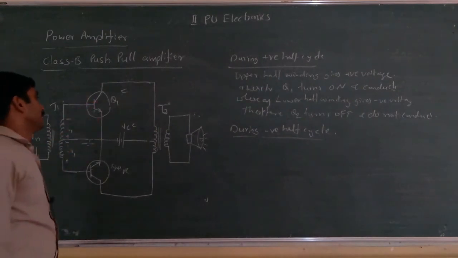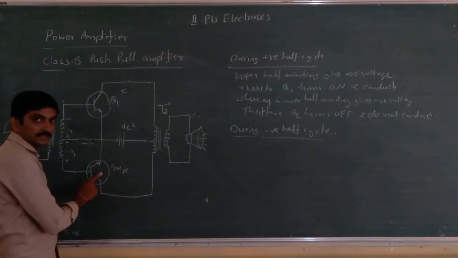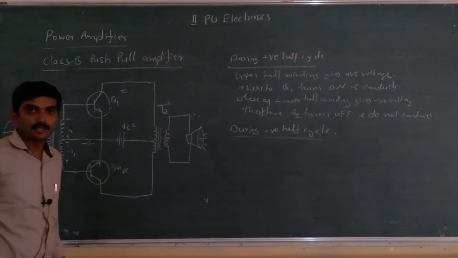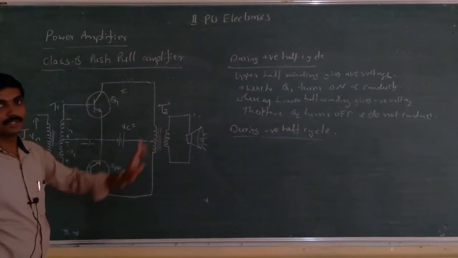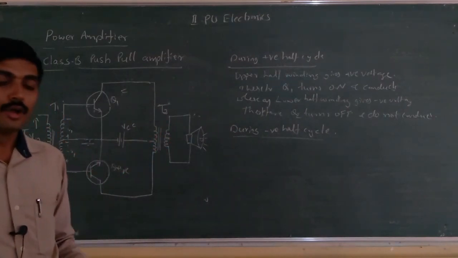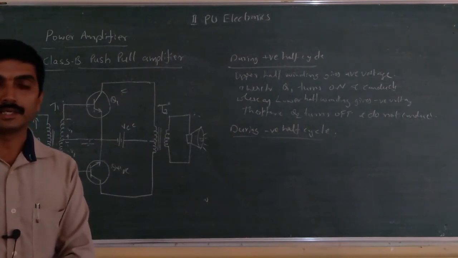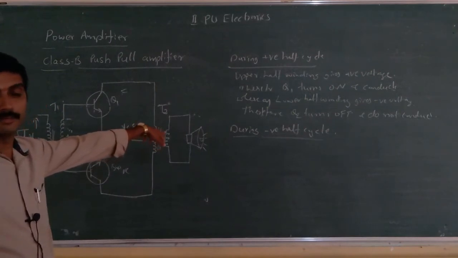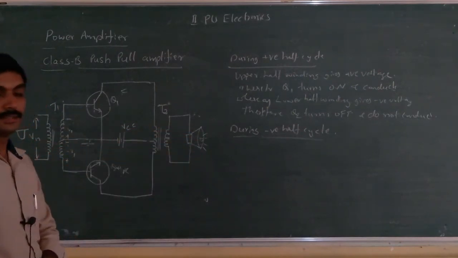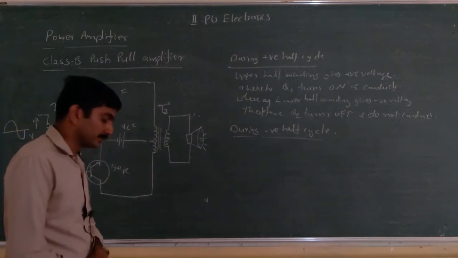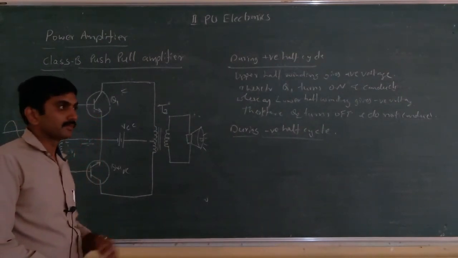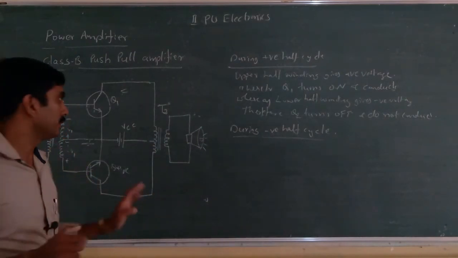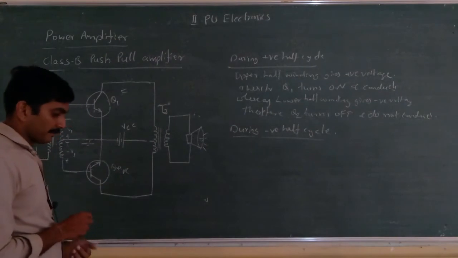This will be off. Now collector current moves in the second transistor. So you will get output voltage. So there will be the secondary voltage. Therefore, for both the half cycles, you will get output voltage because of this phase splitter. Instead of a transistor, if a simple transformer is used, you won't get two half cycles here. Therefore, this is a push-pull amplifier. You will get both the half cycles.